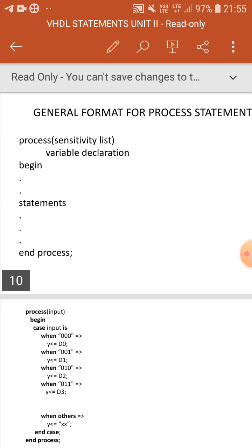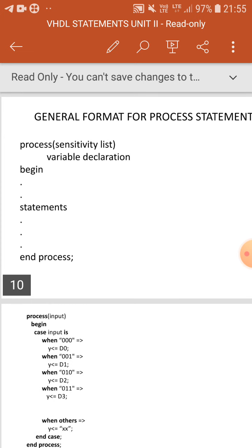Both are executed in parallel. So if you want to execute any statements in serial manner or sequential manner, you have to use process. In general, in VHDL program all the statements are executed in parallel. If you want to execute any set of statements in sequential, you have to use process statement.